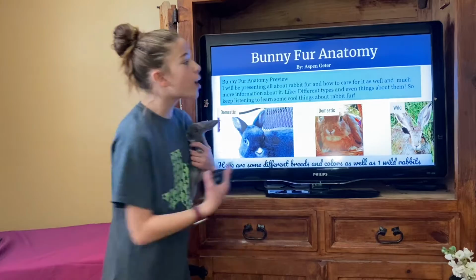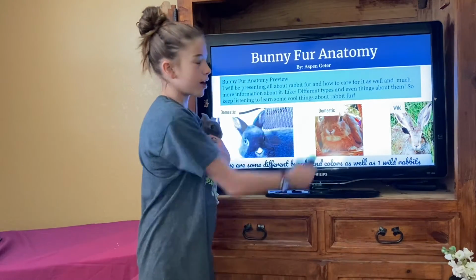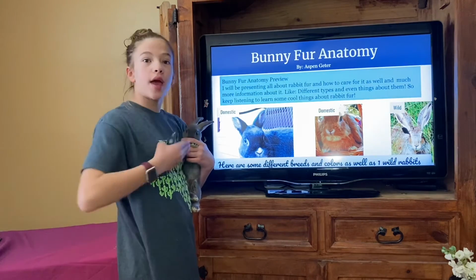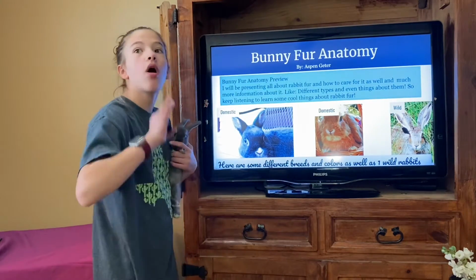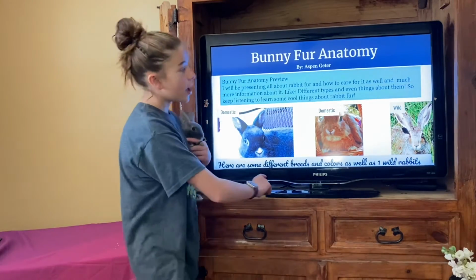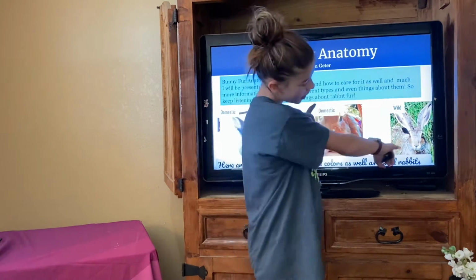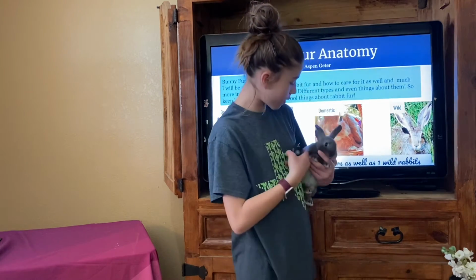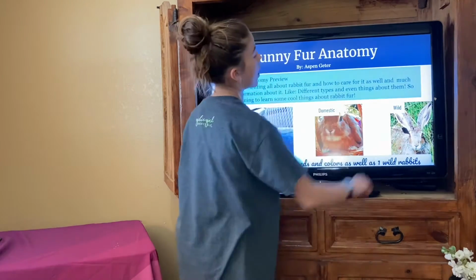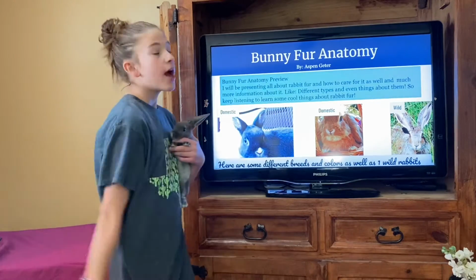Now I'm going to tell you why these three pictures are here, and why they say domestic and wild. Well, domestic rabbits are inbred to become tame and calmer, just like her. She is a domestic rabbit. And as you can tell the difference, she doesn't have very long ears like this rabbit, and she doesn't have that much fur. It's not as packed in as this rabbit's, because that wild rabbit over there has guard fur,